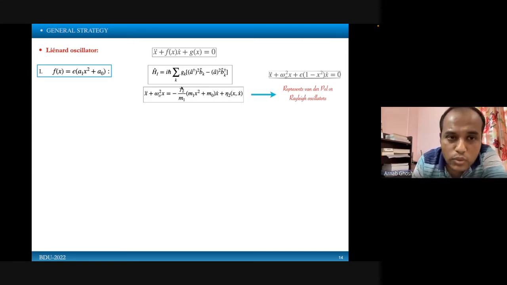How to do that? Well, for that, I just make this gamma 2 by M1 as epsilon, and then M1 and M0, I just